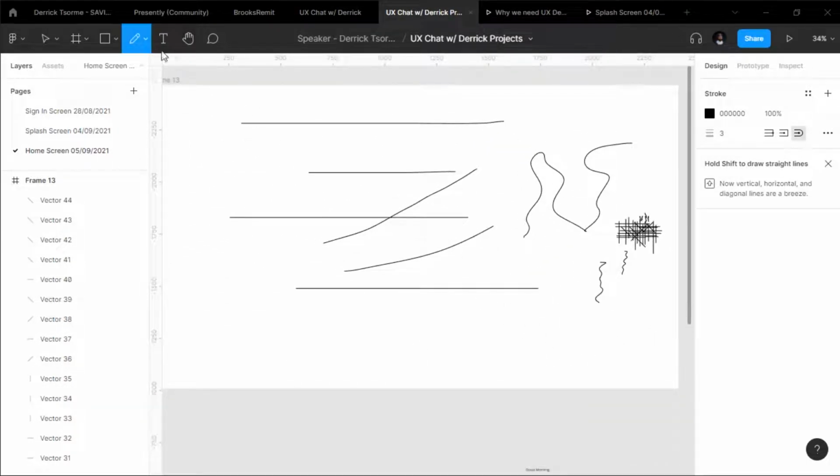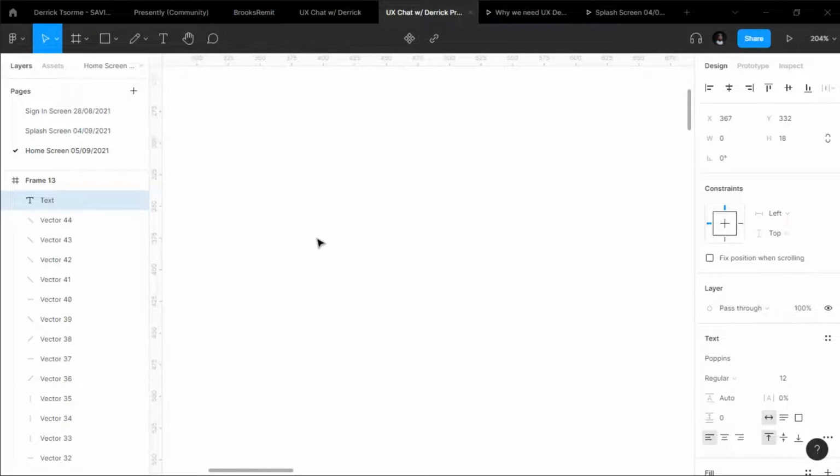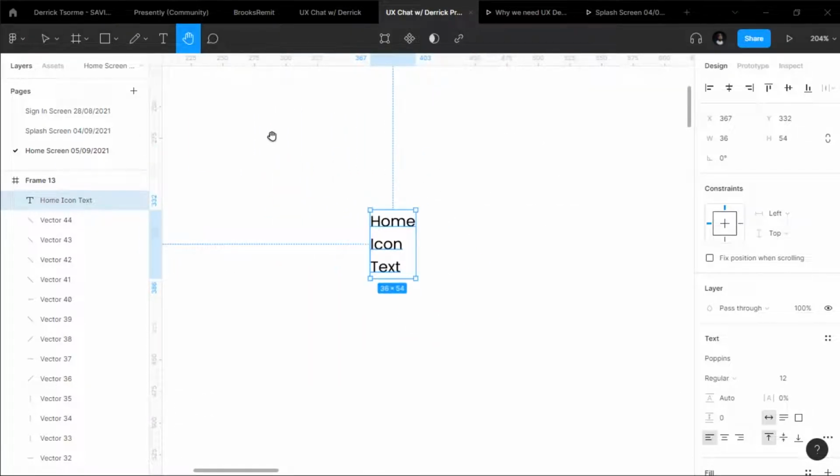Then another thing, one of the most important ones, is the text tool, because you are going to do a lot of text work. So home, icon, text, and the rest. So this is the text tool, that's the T. This is the hand tool. The hand tool is just used to move about. Then we have